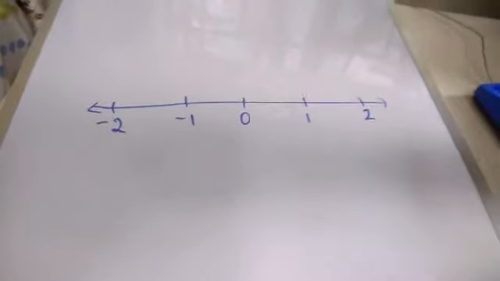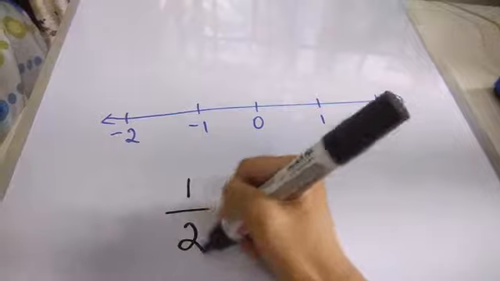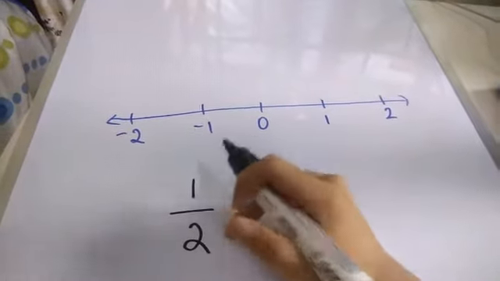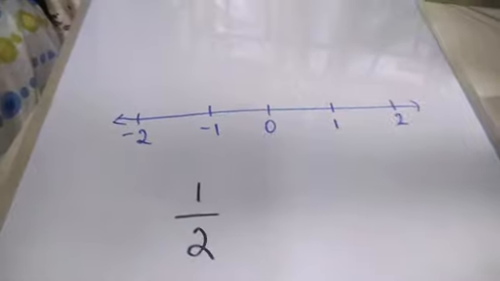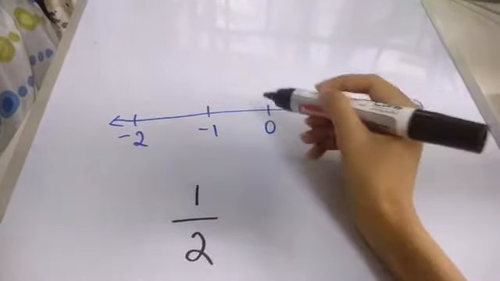First we'll look at rational numbers where the numerator is small and the denominator is bigger. So 1 by 2, here the numerator is 1, denominator is 2, so the denominator is bigger. All of these numbers will always be between 0 and 1. And if it's negative, it will be between 0 and minus 1. Now how to show this?